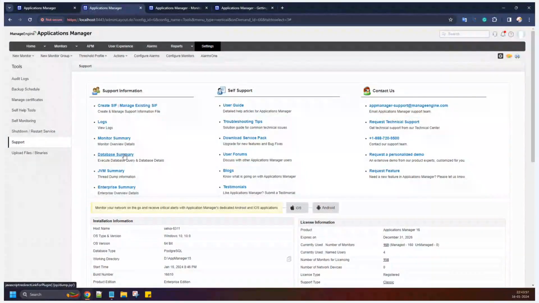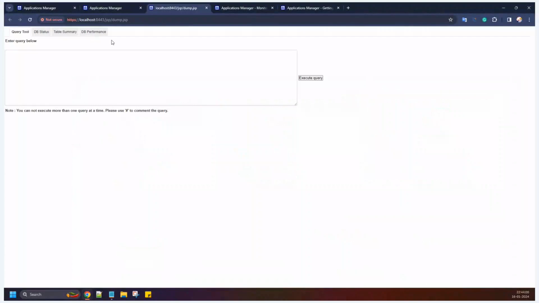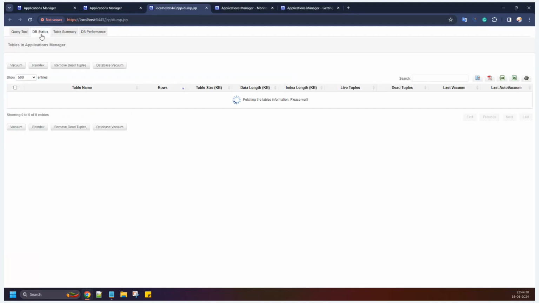And in the database summary tab, when you have just logged in as the default admin user, you can view this query tool, so that if you want to execute a query and verify the information, you can directly execute the query from here. Either a select, update, or delete query can be executed directly from the Applications Manager UI, only by the default admin user. And in the database, when you click on the DB status here,